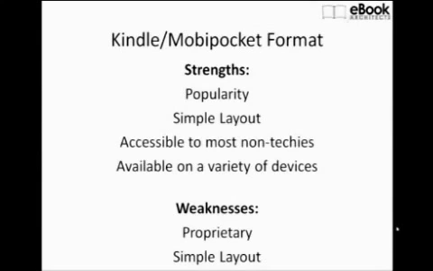The strengths of the Kindle format are really mostly its popularity. A lot of people know Amazon for purchasing ebooks, so they are very familiar with the Amazon systems, and they start buying ebooks from Amazon because they buy print books from Amazon. So Amazon sells, according to most people, 60 to 70% of ebooks right now. And that's a lot. They definitely have a corner in the market. There are a couple of other companies like Barnes & Noble and Apple that are giving them a little bit of a run for their money. But for the most part, it's very popular. The Kindle format also has very simple layout.